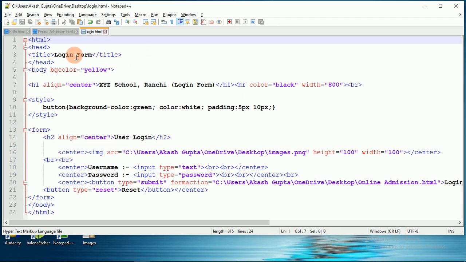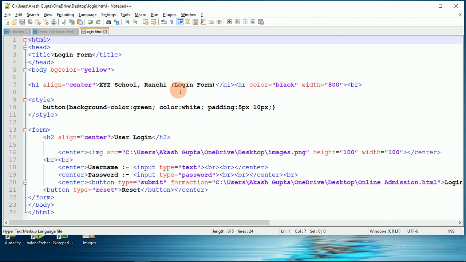Okay, so as you can see here, this is the previous structure of how we can start any HTML code, right? We have discussed it in previous lectures of this tutorial. So now we will discuss the cascading style sheets. This is our heading tag, under which I had given XYZ school Ranchi, means any place you can give.